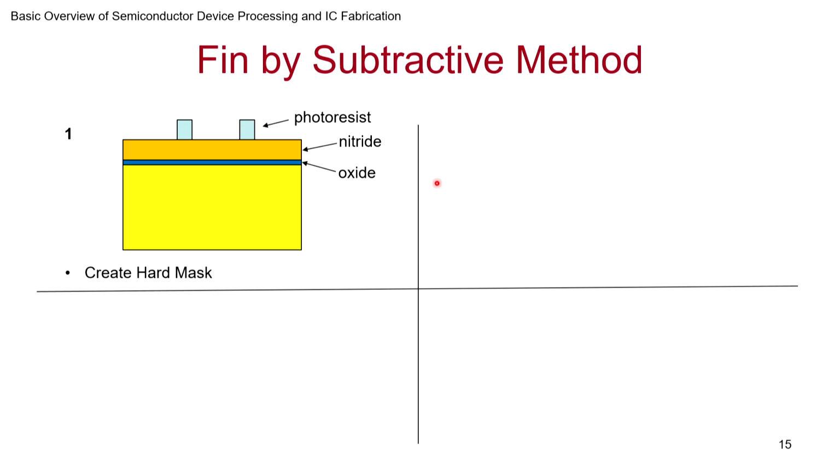So the first thing that you do is you lay the layers that are needed to make a hard mask. As you remember from the earlier two discussions on PN junctions as well as the MOSFET, the CMOS process, you have a thin layer of oxide. This is usually a buffer layer, and on top of it you put nitride. Why don't you put nitride directly? Because nitride directly on silicon during thermal processes can cause stress, and even while depositing it can end up causing stress. So you want to make sure that you have thin oxide and then nitride. You use this as a hard mask.